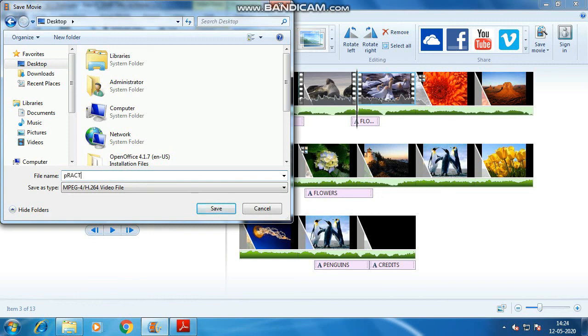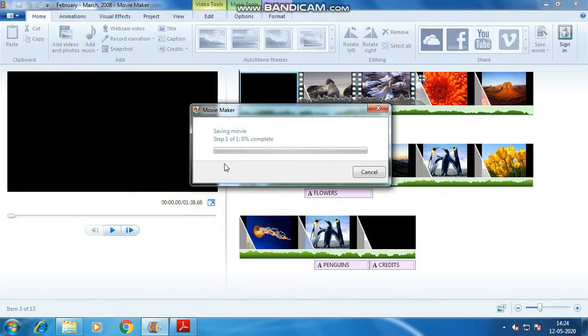Just practice, that's it. Save it. It will take time to save because it's a high definition movie, so it will definitely take time. And the speed depends upon your processor too, because if it is a slow dual core, Core 2 Duo or i3, it will take some time. But if you have an i5, i7, or AMD Bulldozer kind of processor, which is very well fit for the gaming zone with the graphic card, you can easily upload or save it within a couple of seconds, right?